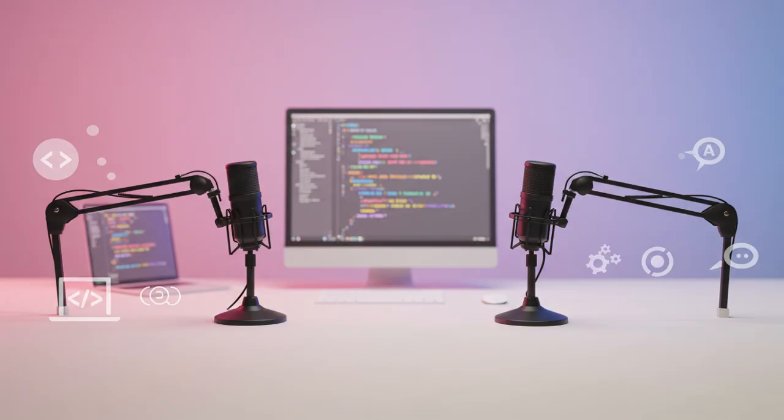Absolutely. It's not just random bits. Each machine instruction has a defined structure. Typically, it's broken into two main parts. Okay, what are they? First, there's the operation code. That's the verb. It says what to do: add, subtract, compare, load, store. Got it, the action. Right. And second, you have the operands. These are the nouns. They tell the processor what data or memory locations to perform that action on. So add is the opcode, and maybe register 5 and register 6 are the operands. Precisely. Add the contents of register 5 to register 6. That structure, opcode plus operands, lets the processor quickly figure out what needs doing and with what data. It's very efficient.